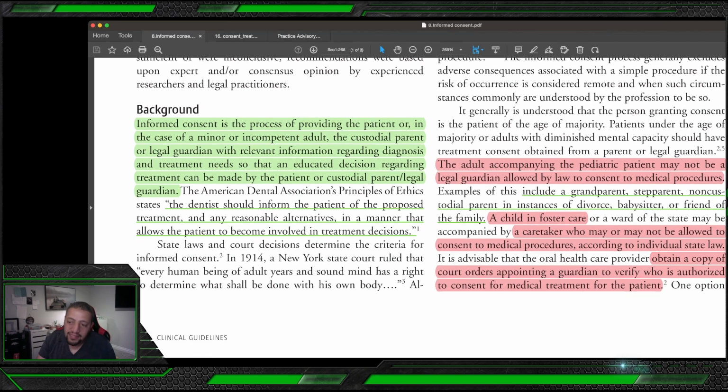So, in this case, to save yourself here, obtain a copy of the court order appointing a guardian to verify who is authorized to consent for medical treatment for the patient. And this, for sure, is if the patient is a child in foster care. If the patient came to your office before with his parents